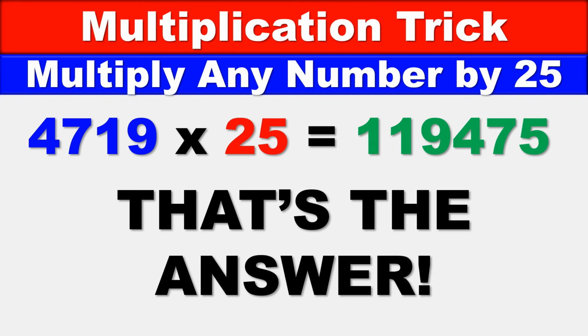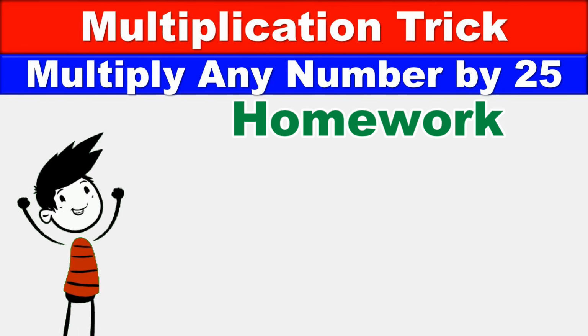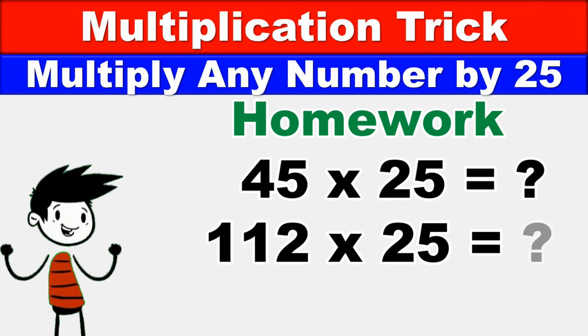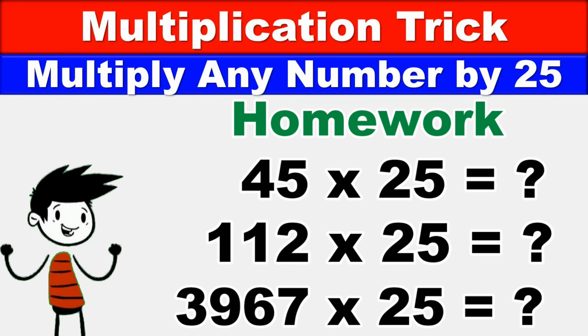Now that you know this math trick to master how to multiply any number by 25 easily, let's take a look at some homework. Try to figure out what 45 times 25 is, what 112 times 25 is, and what 3,967 times 25 is. Make sure to put your answers down in the comment section below,